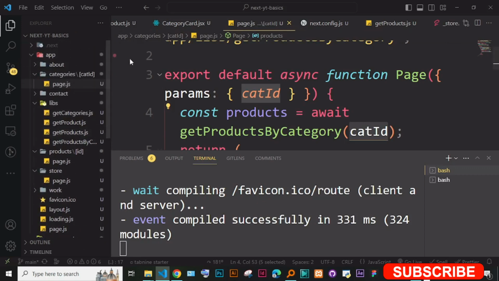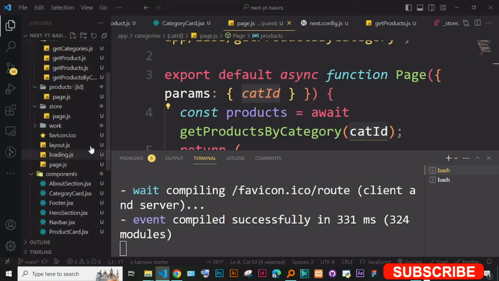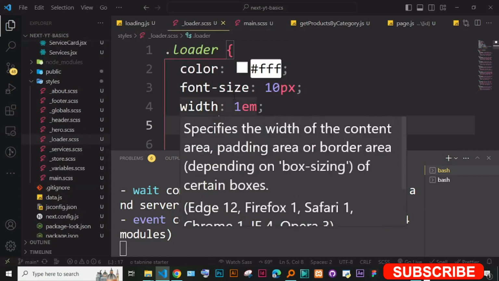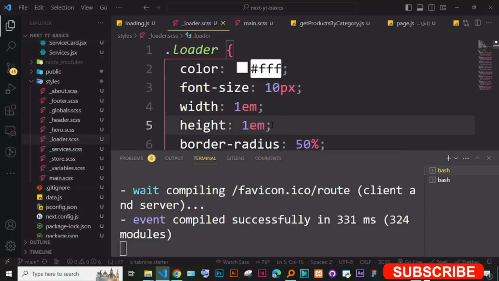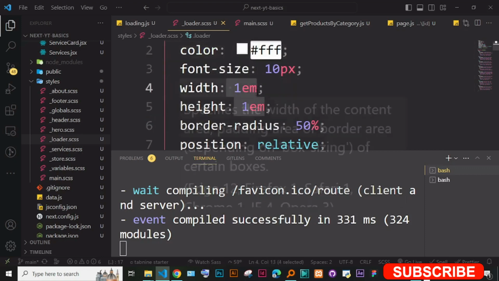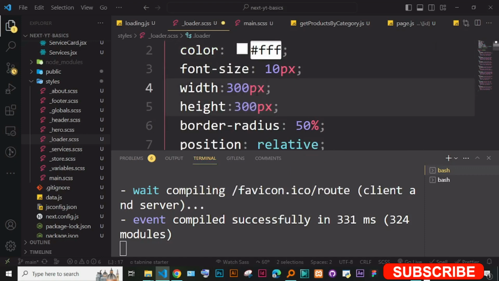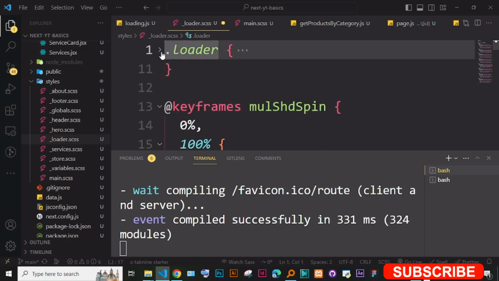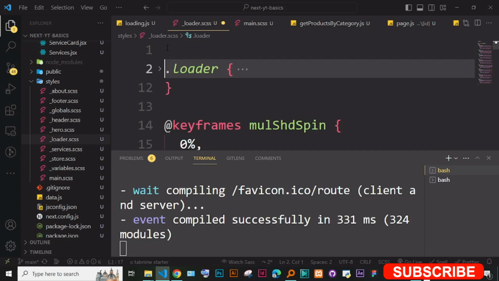Let me first go to the loading for a minute. I want to go to loading this one. Okay, and then we have the loader.scss, and the loader is here. Width is 1 em really, so that is I think where the problem is. Let's give it enough width, maybe let's say 300 pixels. Okay, let's do 300 pixels, and I can also give here